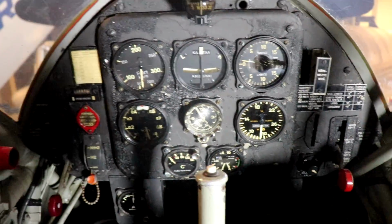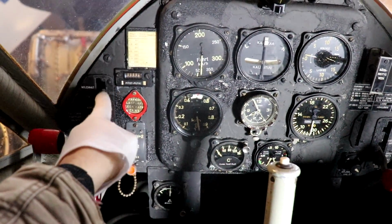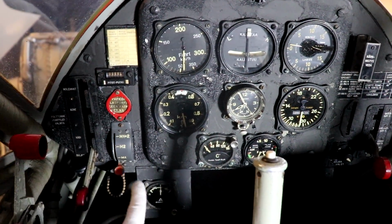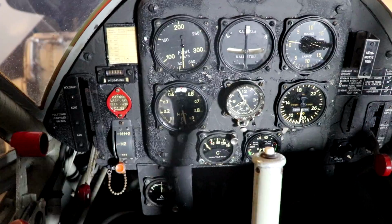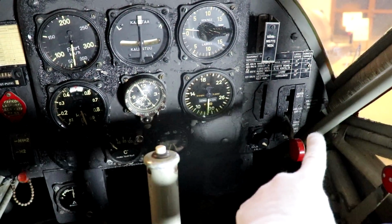To start up this aircraft, it's actually remarkably easy. You just engage the fuel cock all the way on top, yeah, so up. You engage the magnetos, M1 and M2, up. And you also have the fuel pumps set to both,